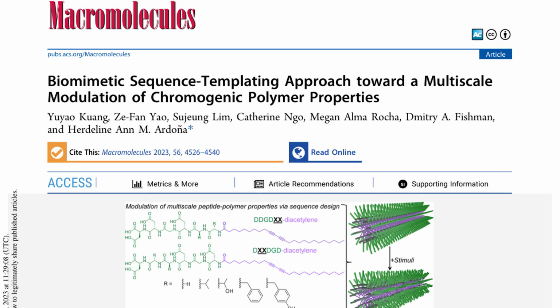This paper focuses on the precision control of adaptive conjugated polymer properties in aqueous environments through a biomimetic sequence templating approach. The authors investigate the impact of steric and hydrophobic contributions within peptide segments on the properties of amphiphilic peptide polydiacetylene (PDA) conjugates. They explore the effects of molecular volume and polarity changes brought about by dipeptide substitution domains on